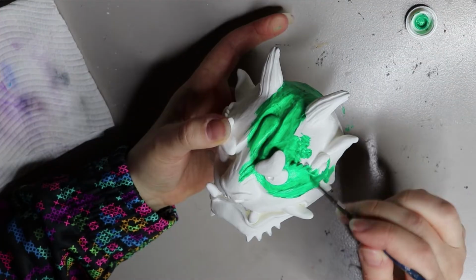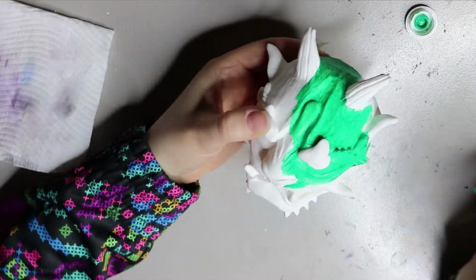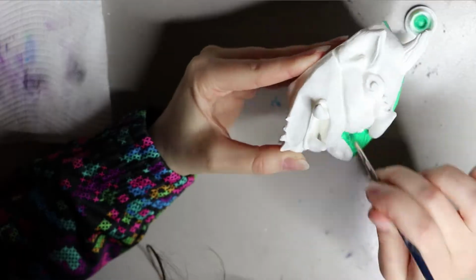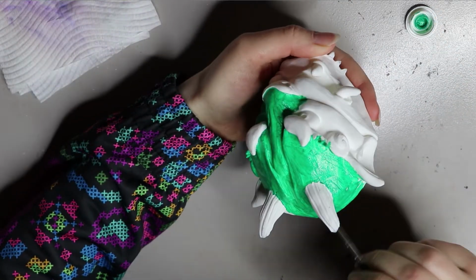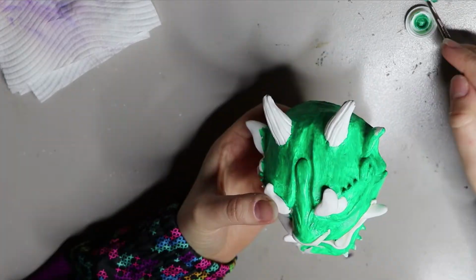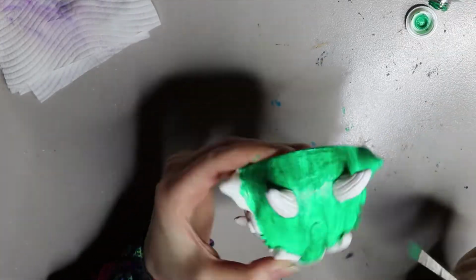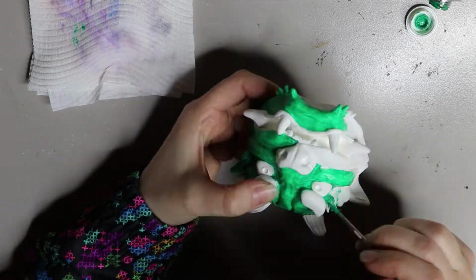So I did the full coat in this paint, and then I moved on to another green paint from Chromacryl, and that was pretty much the color that I wanted, and I thought it matched the blue color a little bit better, like it complements it a little bit better as it's the same sort of tone. So I applied a couple of coats of paint with the new one just to make sure it had a good coverage, but Chromacryl generally has really good coverage in their paint, in their